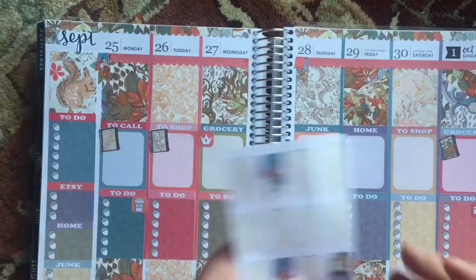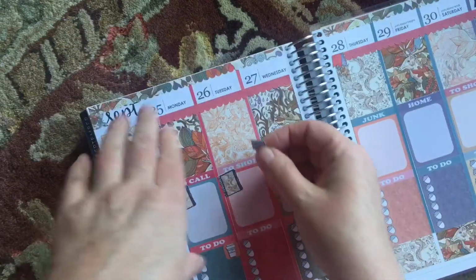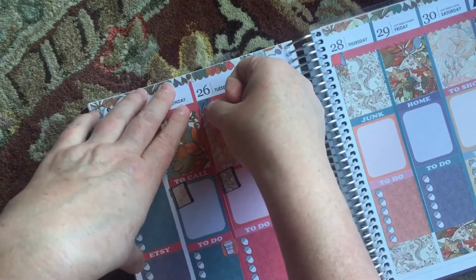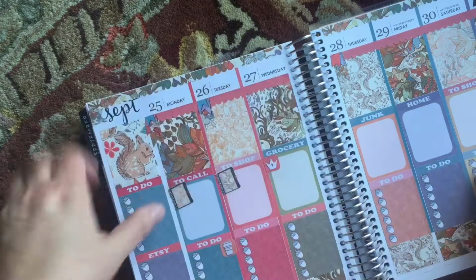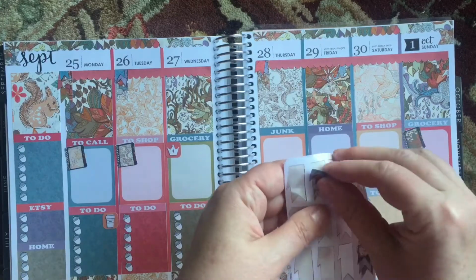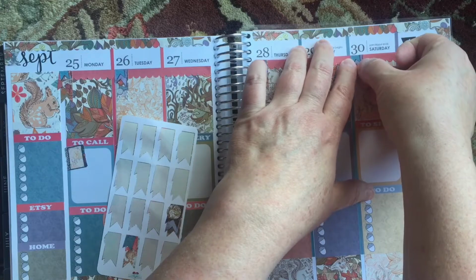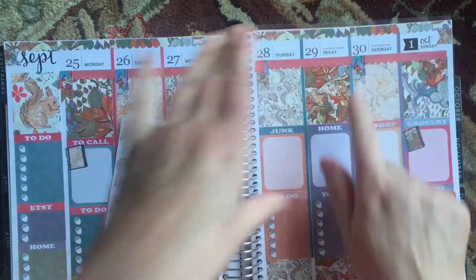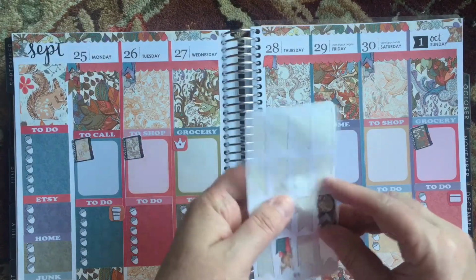It makes a difference. It really does. Or in my mind, it does. I'm going to put one of these on here for this one. Just like that, because it's the lighter color, and I want to do the same for this one. Just like that. It gives it just that touch of,